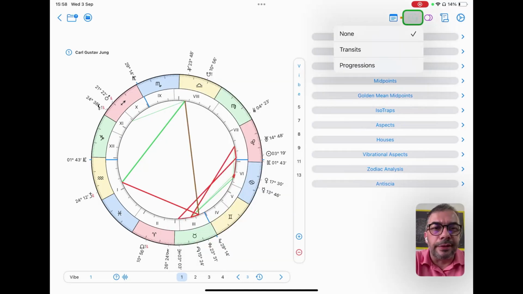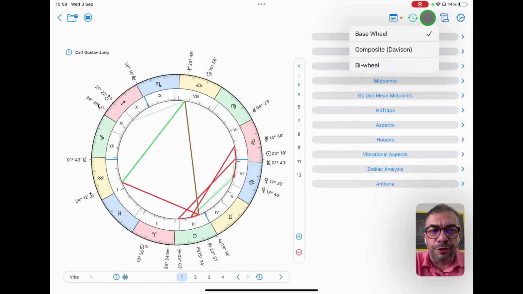Also, this part is about the transits and the progressions that we will deep dive later on in another video. So this won't take that long. Here you have the comparison between charts, where you have the composite Davison method one and the bi-wheels. Here is the vibrational chart report, something to be analyzed further on,